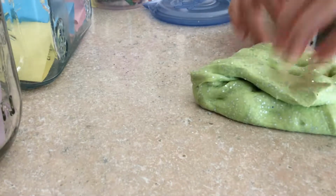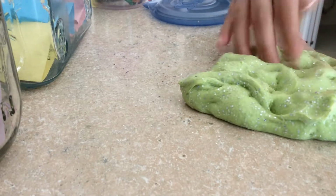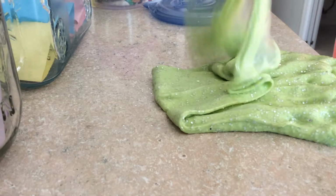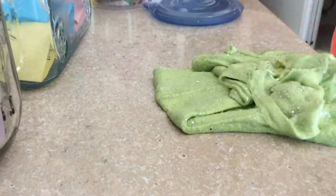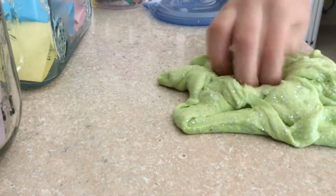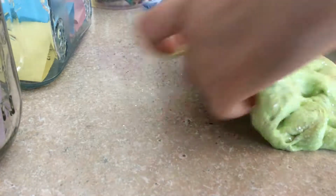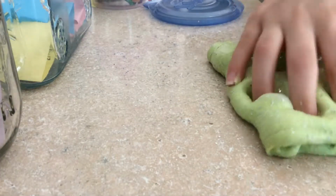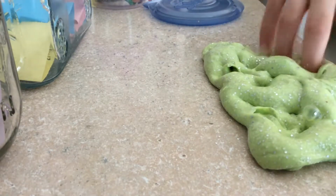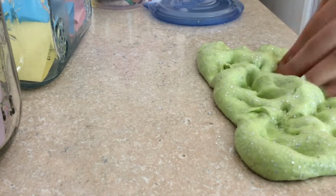I'm not allowed to bring this on carpet, and I understand why I'm not. First of all, it's sparkly, and the glitter would come off probably, and second of all, it's sticky. Oh, see what it's like. So my dad fixed it, so thank you to my dad because he fixed it. Shout out to my dad. He probably won't watch this, but